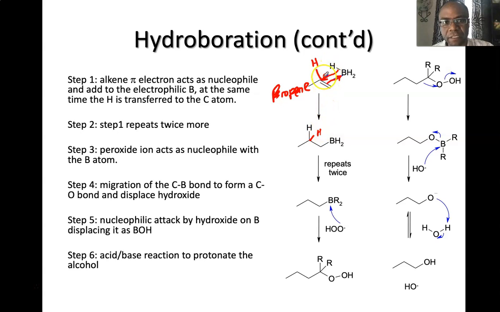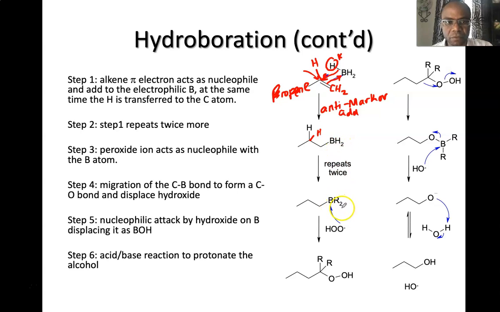Notice that this hydrogen is adding on the side where there is less hydrogen, and that's where you have the anti-Markovnikov addition. Okay, so that's the anti-Markovnikov addition. Because in real sense, we'd have expected this hydrogen of the reagent to go where there is more, for example, here. So the BH2 adds on the other side, and then you repeat several times until you get